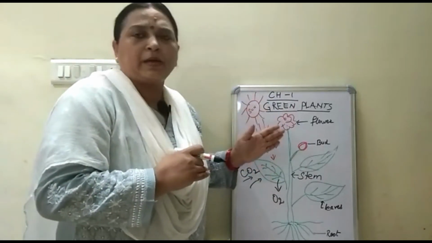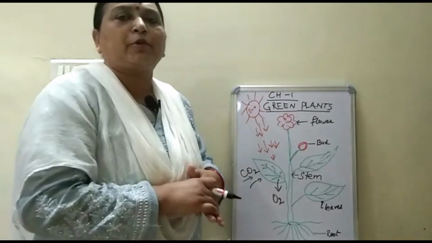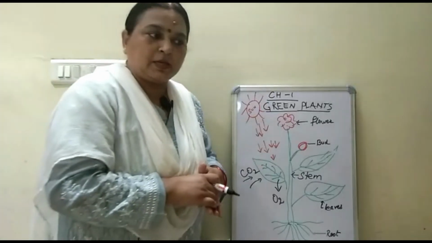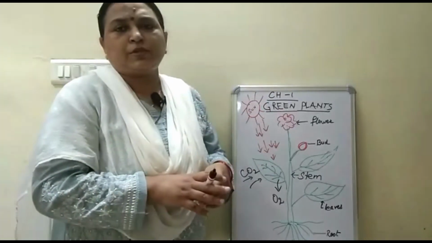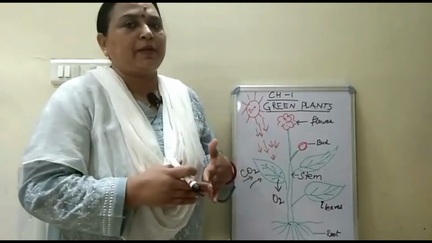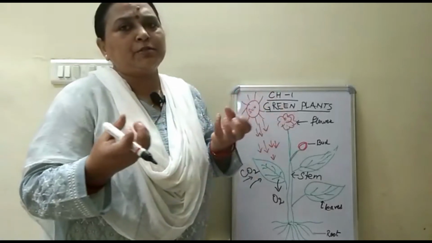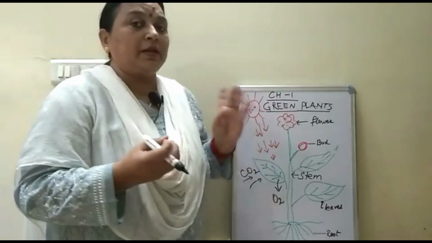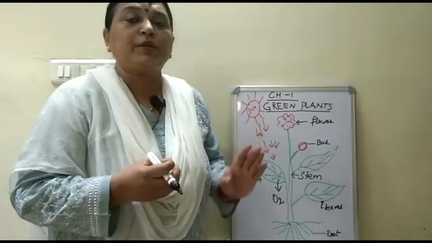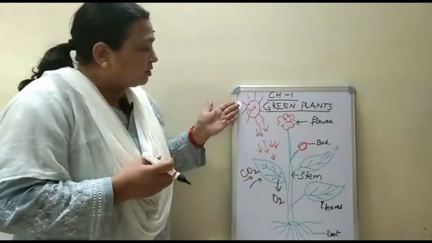Now how are plants producing food? Plants are producing food by the process of photosynthesis. Okay, what is photosynthesis? Photo means light. In the presence of light, the food is synthesized and the food is prepared in the leaves. In the green leaves only the food is prepared. So how does it happen? Because of the sunlight